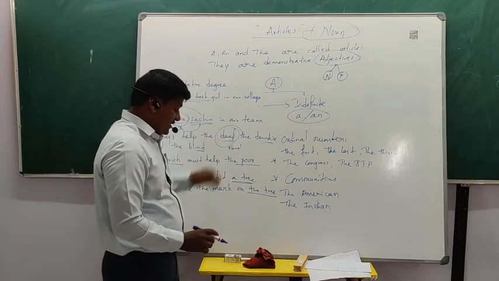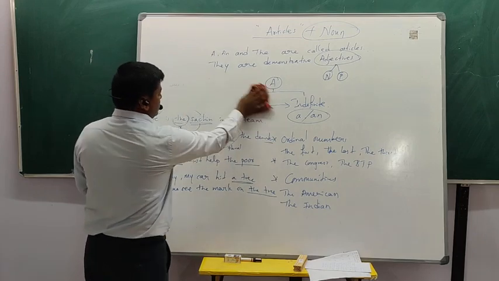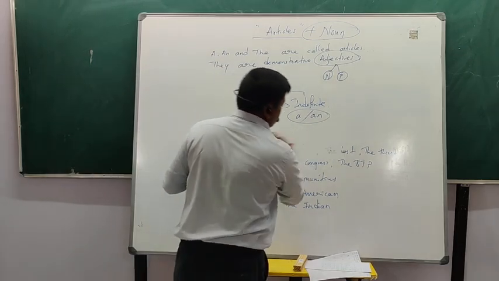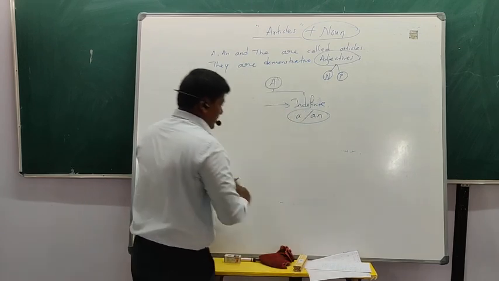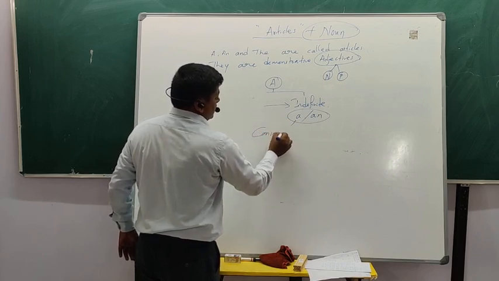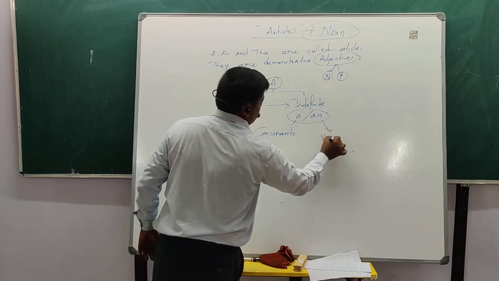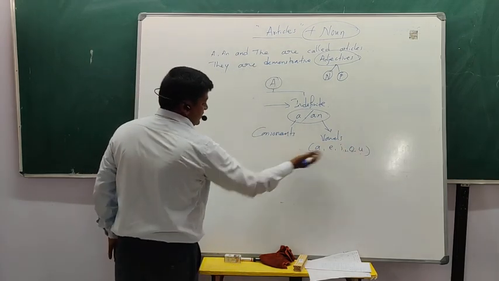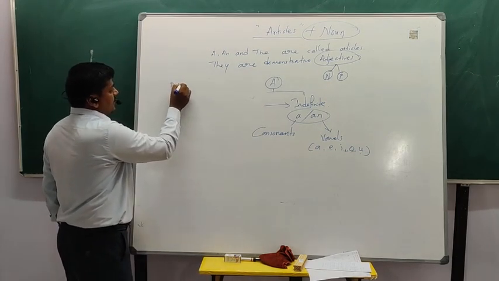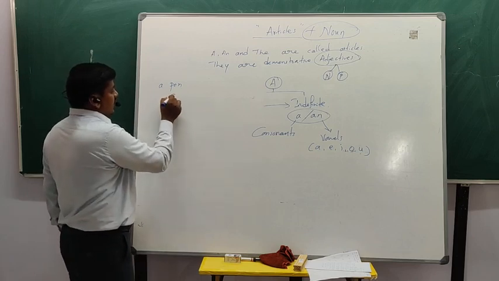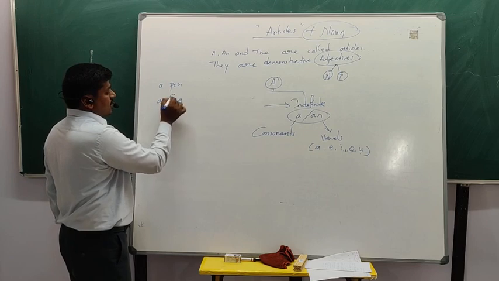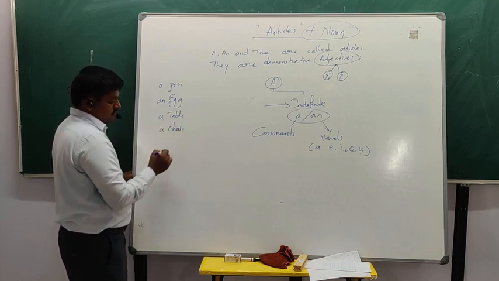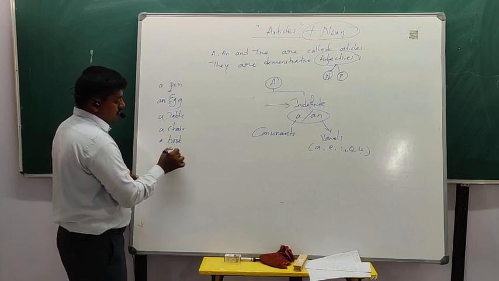Let's see a and an. A and an are indefinite articles. When the noun is indefinite, we should use a or an. There are also some rules. Let us see the rules. A is used before consonant sounds, consonants, and an is used before vowels. Vowels you already know: A, E, I, O, U. Apart from these, all the remaining are consonants. For example, a pen, an egg. This is a vowel, this is a consonant. So a table, a chair, a book, an owl,